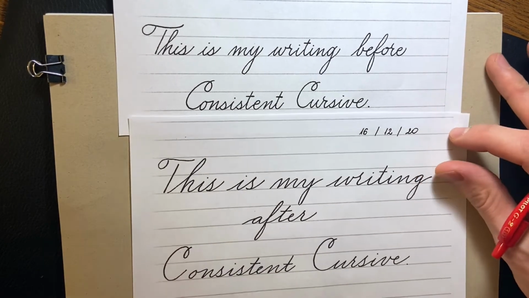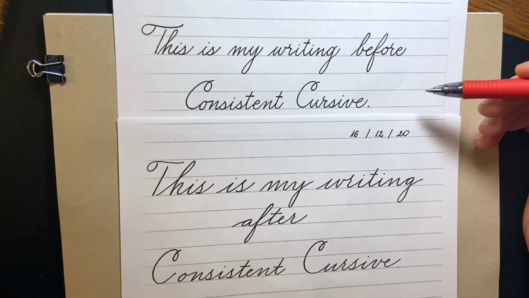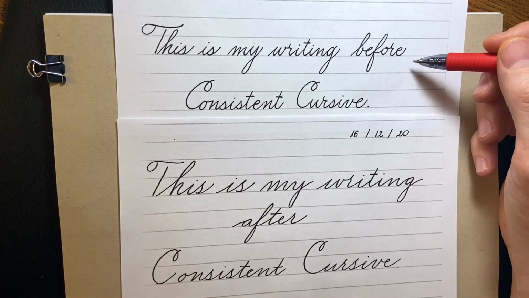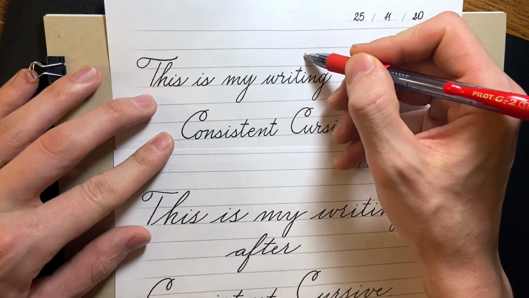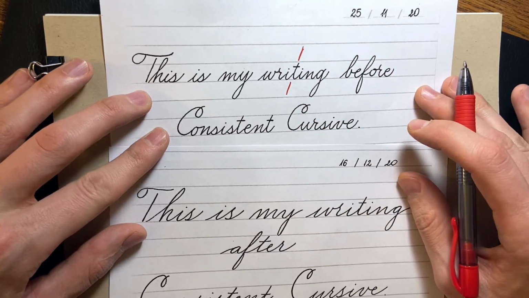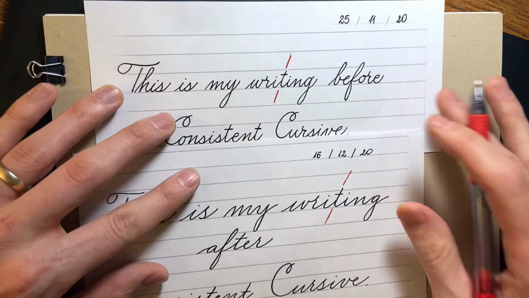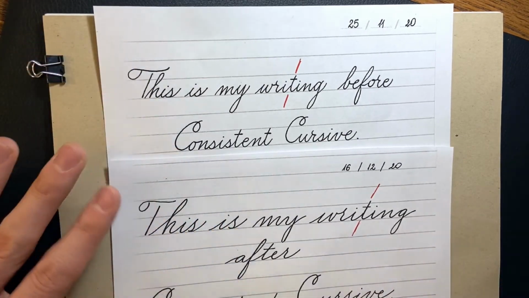And I'm showing Joanna's work because, for one, she was a great student and she went through the course and practiced and shared her work. But two, she's also showing a different kind of change. She had a fairly consistent hand before, but she more changed the style of her writing, and we can see that different style in her writing. In the before sample, it's much more upright and vertical. So we look at the slant line on this T is in this direction, whereas if we look at the slant line in her after sample, it's definitely a little more to the right. Okay, not quite as upright. So she's decreased the slant of her writing a little bit,